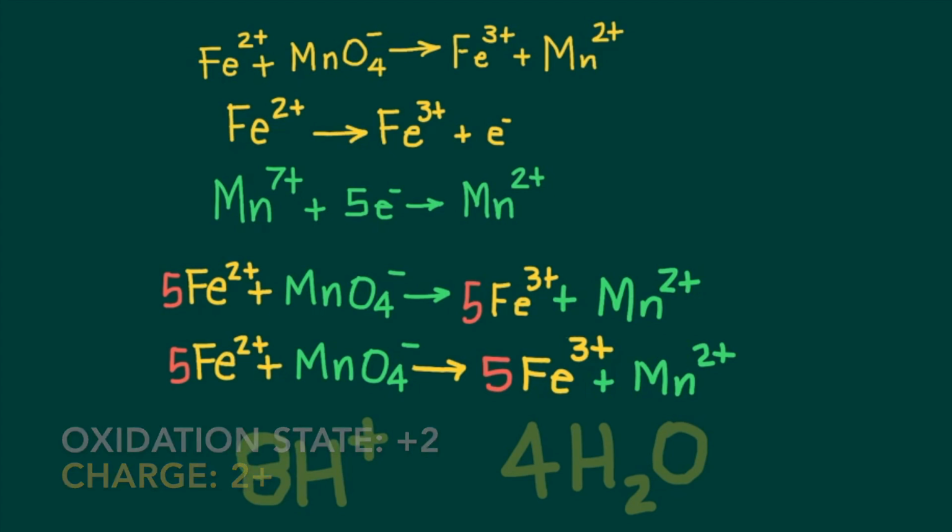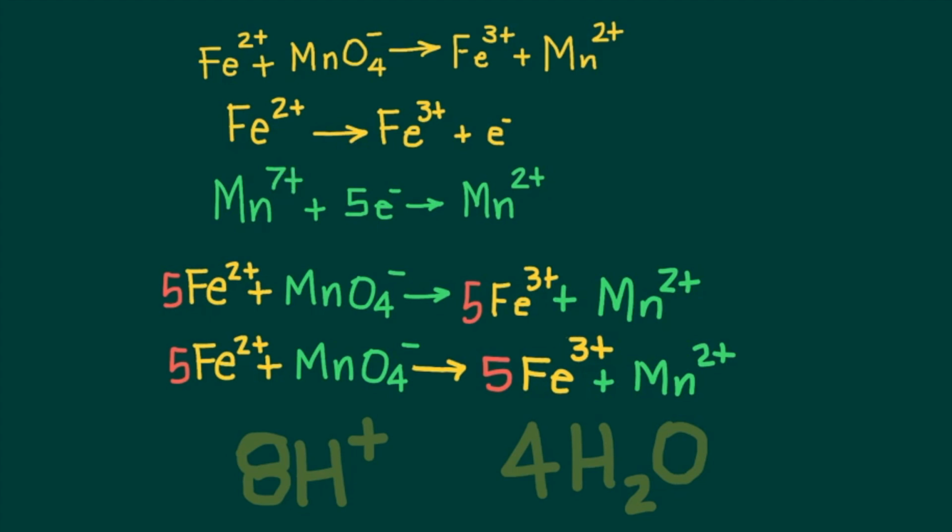Oxidation is a loss of electrons and reduction is a gain. For iron to go from positive 2 oxidation state to positive 3 oxidation state, it would have to lose an electron. It is oxidized. Moving to manganese, you should note from your earlier work on calculating oxidation numbers that manganese